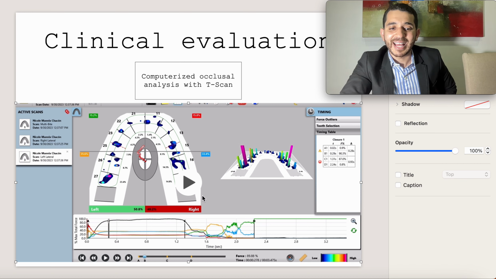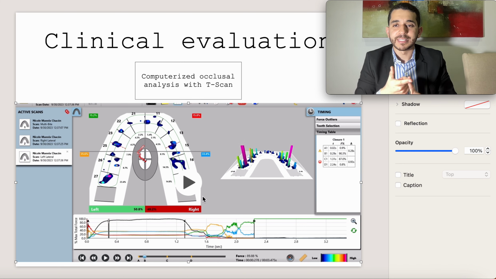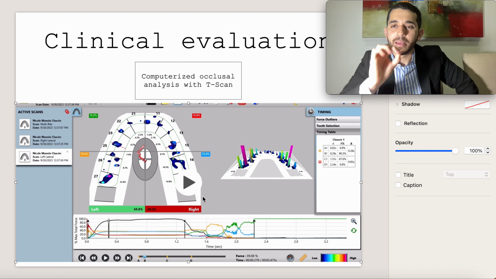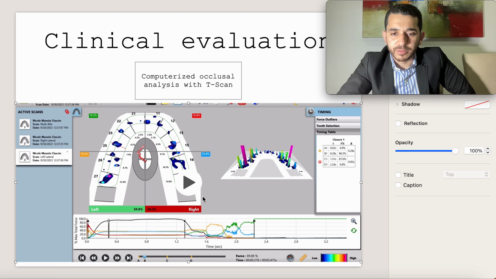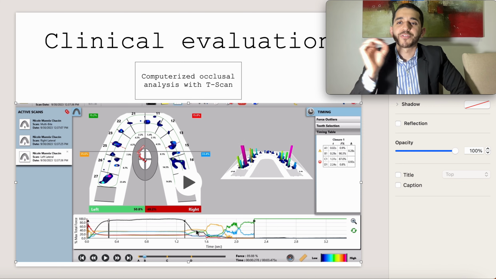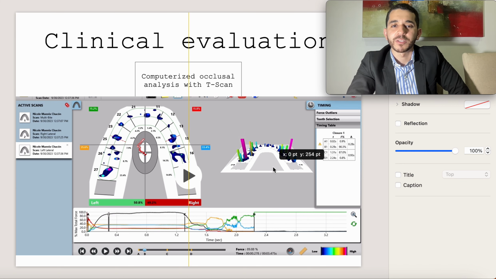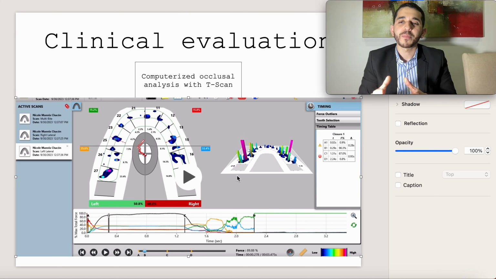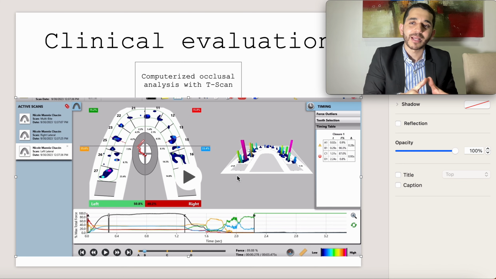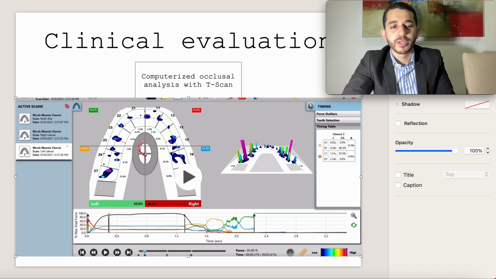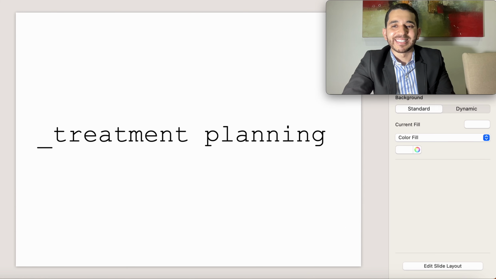And the T-scan measures force, intensity, and time. I have this information in 3 seconds, and I have milliseconds of seconds. So I have precise information of what's going on in my patient's mouth. And when I correlate this information with the clinical evaluation, I get to the point where I can sit and create